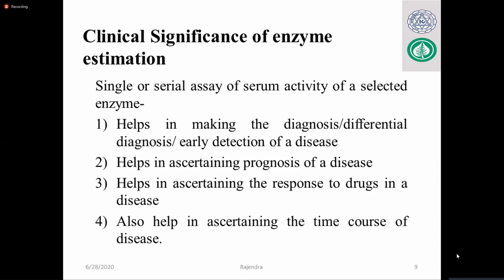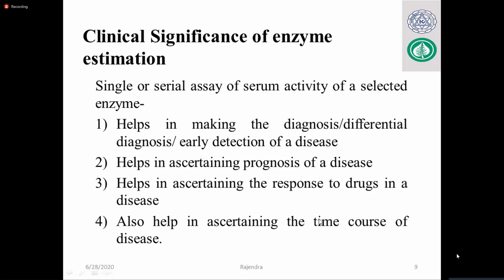That means we need to do a corona test in our saliva or nasal secretion. These are the body fluids again. That means we not only help in diagnosis, we help in the differential diagnosis as well. Help in the certain progress of disease. We also check how the progress is.